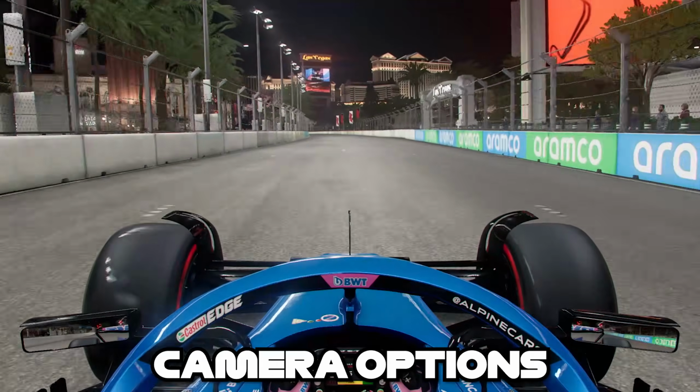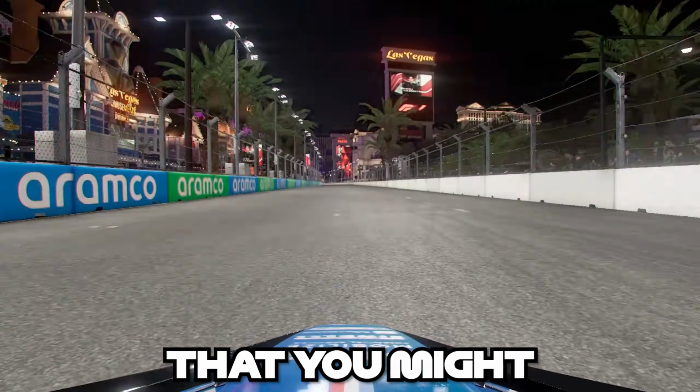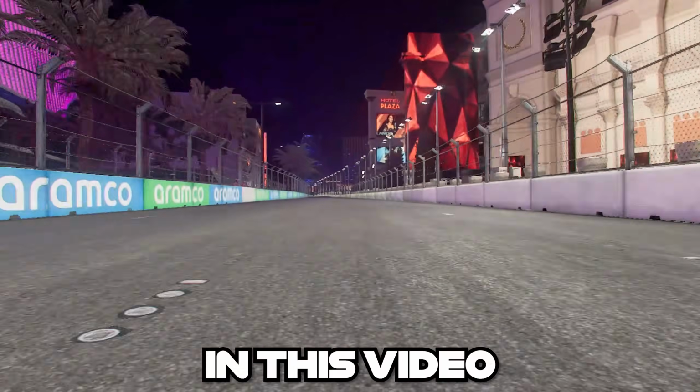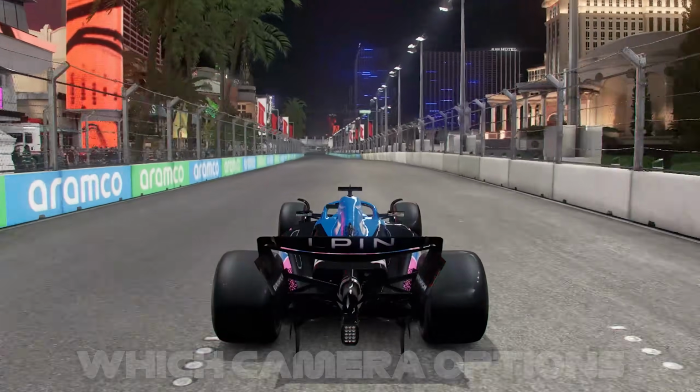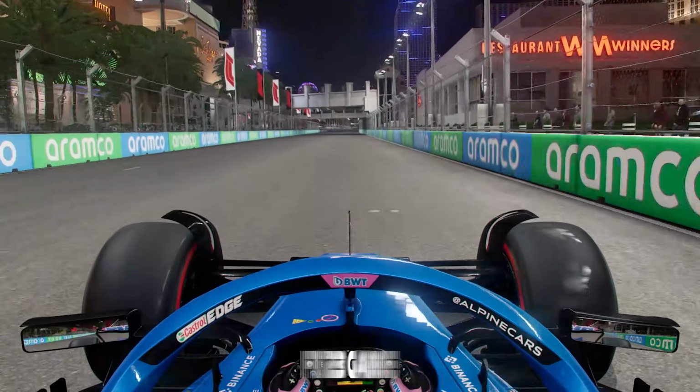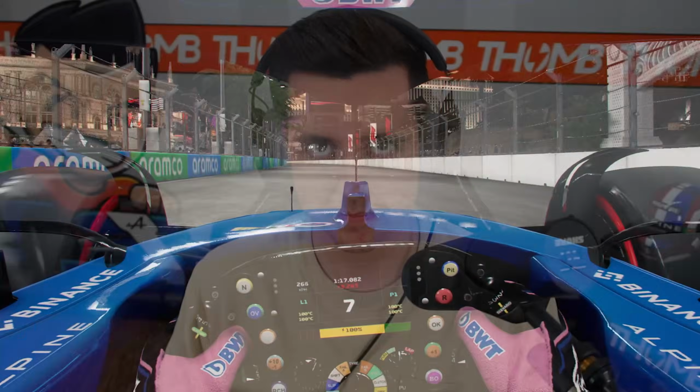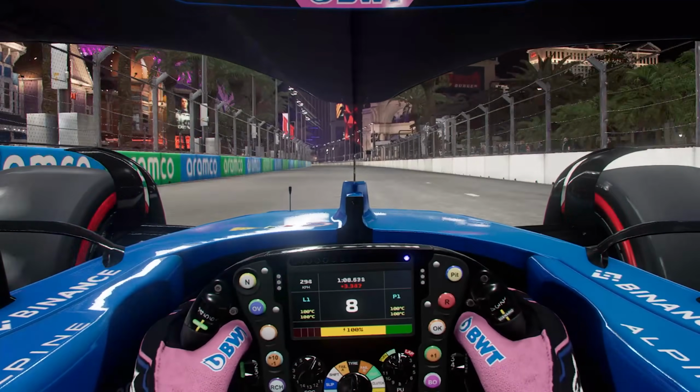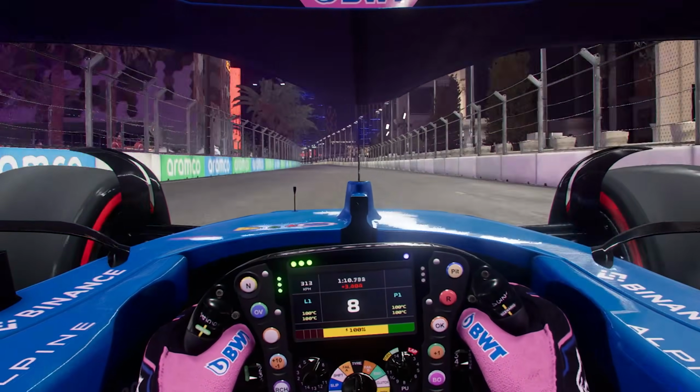There are so many camera options to choose from in F1 23 that you might not know which one to pick. In this video I will show you which camera options to use to become more consistent in the F1 23 game. Let's go. In general, there are only really 3 camera views that could be considered worthwhile to use: Cockpit Cam,